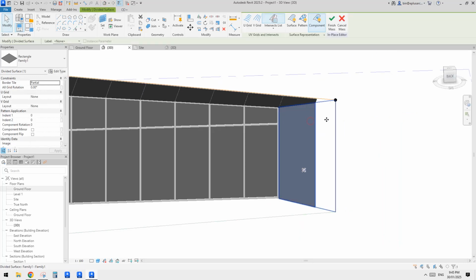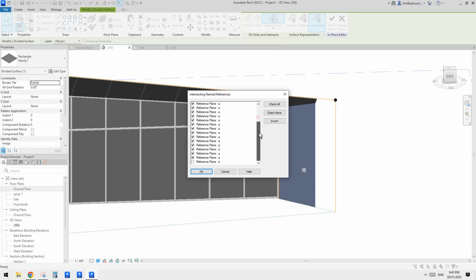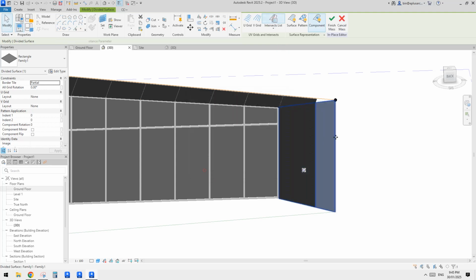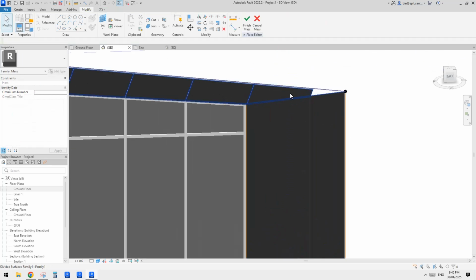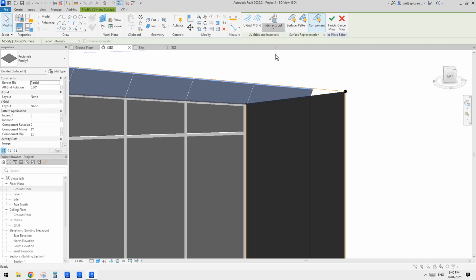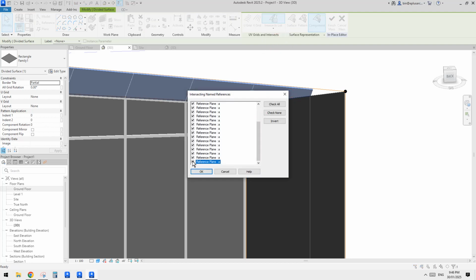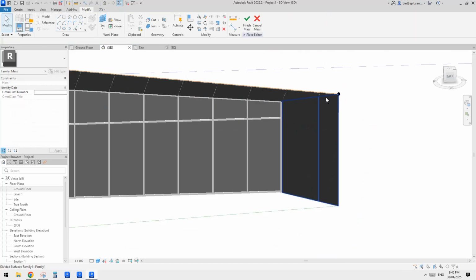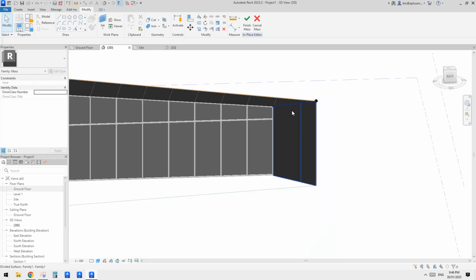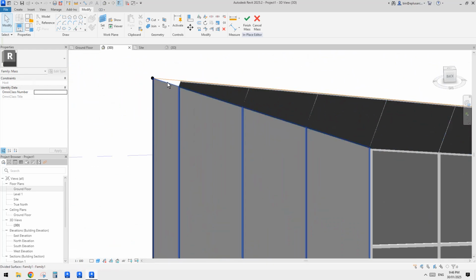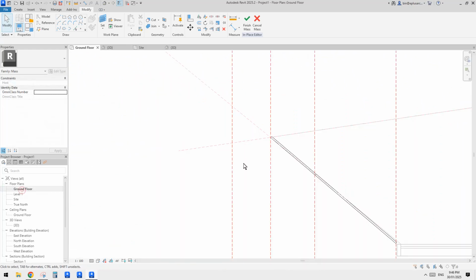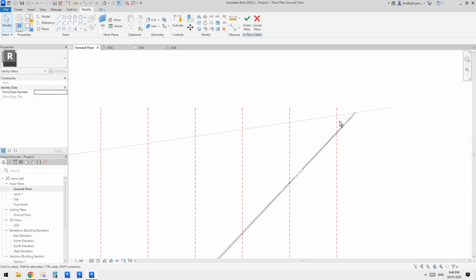So we need to select this divided surface and go here, because we add one more. So we need to tick this one more, right? And then we'll fix it. Do the same thing. We can just tick the extra reference plane, so it will fill this corner. And same here, we don't have a reference plane there yet, so we just need to